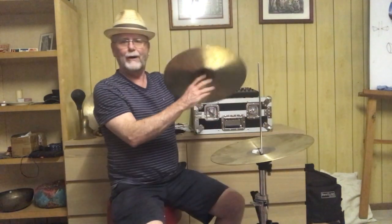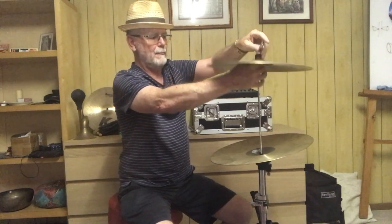I'll put some cymbals on here. So I've actually screwed this one up a fair bit just to show you an acute angle of how this cymbal sits. So it's not sitting flat like so. By actually screwing that little thing up, it brings the bottom plate up onto an angle, which causes the bottom hi-hat to sit on an angle. I'll just throw the top one on. And what that actually does by having that angle,